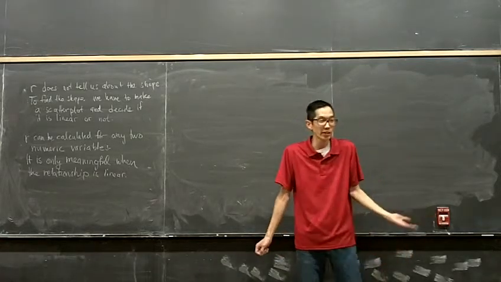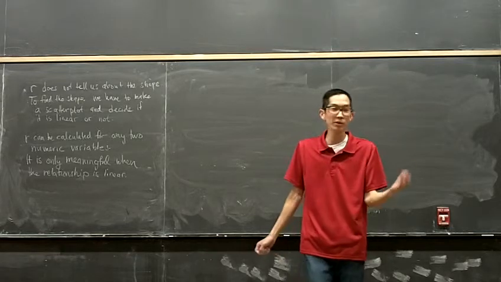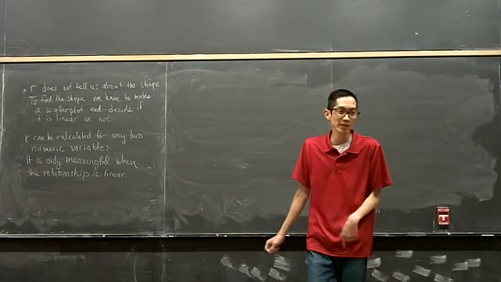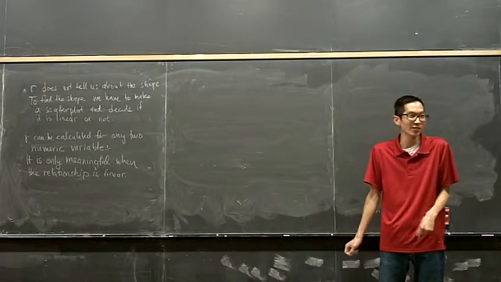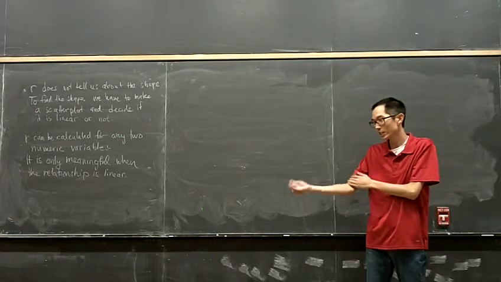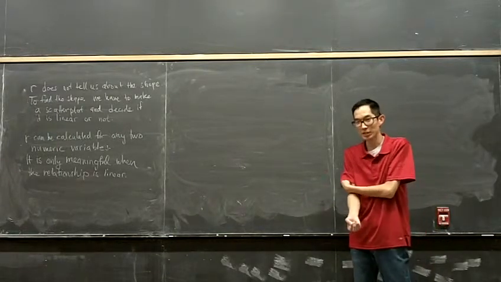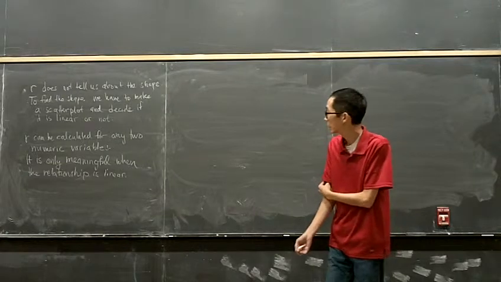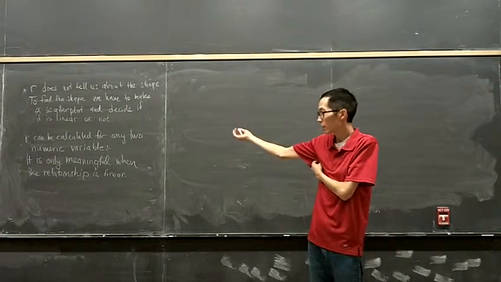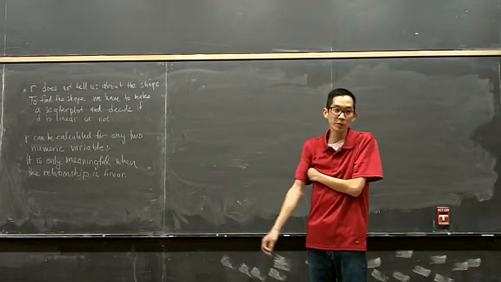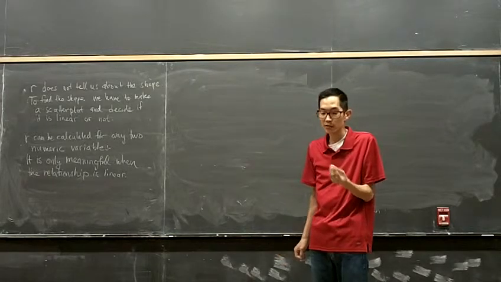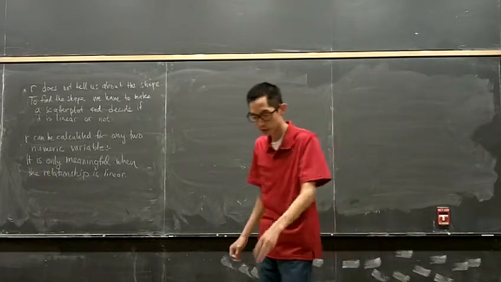They can tell you the weight of any sofa in the store, but you really only care if you're going to bother moving it or lifting it, right? It's just going to stay put. You don't really care if the sofa is light or heavy. Likewise, we can calculate R for any set of numeric variables, but it's only meaningful if there's a linear relationship,